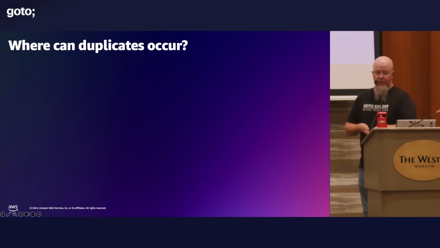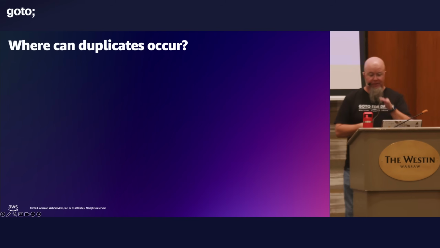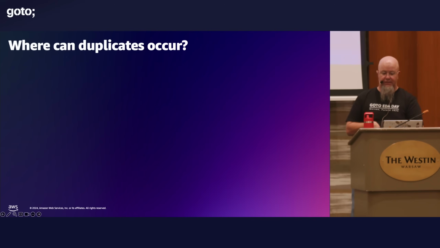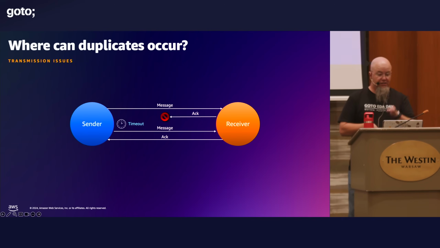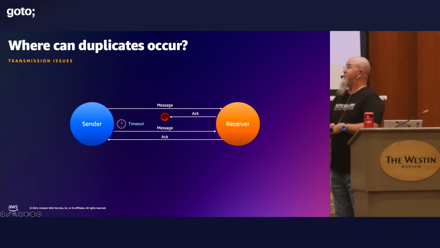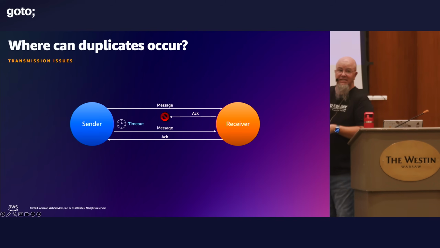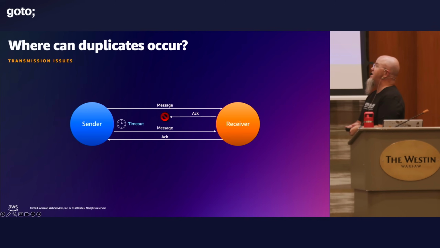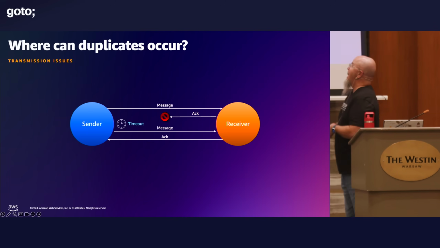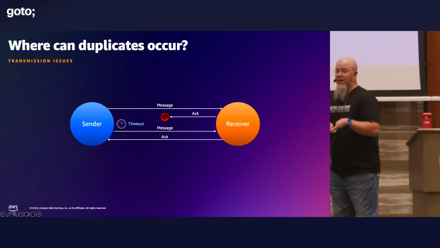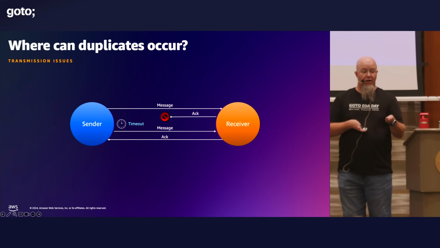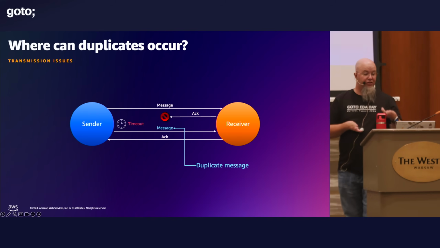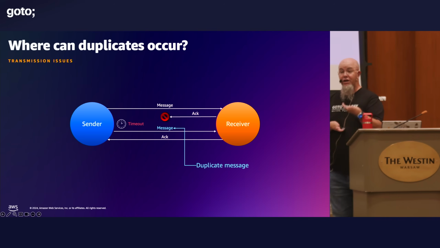All right, so where can duplicates occur? Let's talk about some different places. The first place is in transmission, right? Let's go back to this synchronous approach. We have a sender, they send a message, and the receiver acknowledges, but the acknowledgement breaks down. And this is where the duplicate message happens,